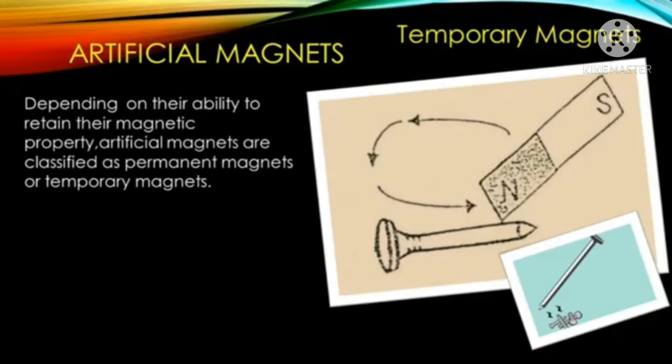Take an iron bar, which is to be made a magnet, and keep it on a wooden table. Also, take a bar magnet. Hold one end of the bar magnet in your hand and keep the other end of the bar magnet at one end of the iron bar. Without lifting, move the lower end of the bar magnet along the whole length of the iron bar till you reach its other end.